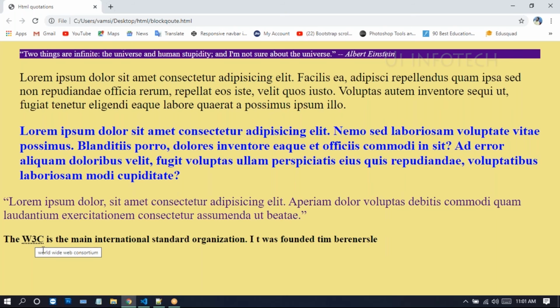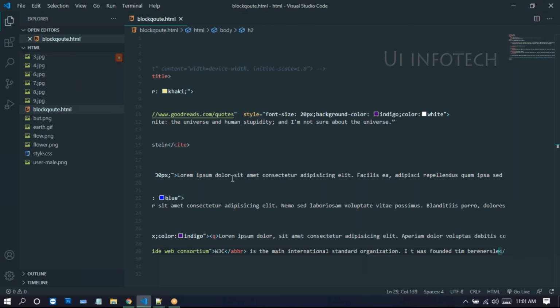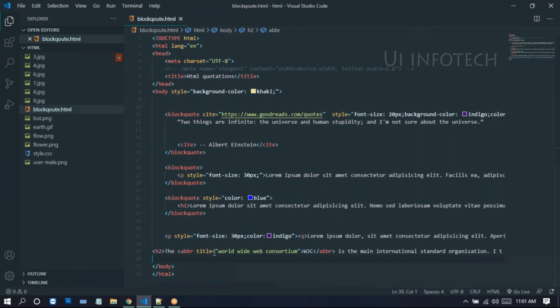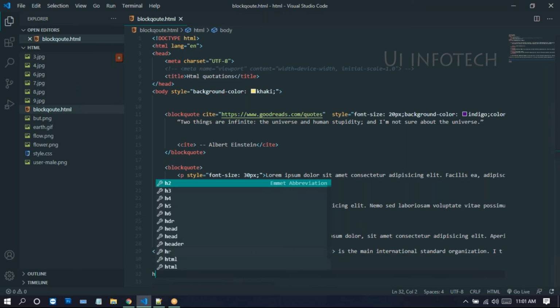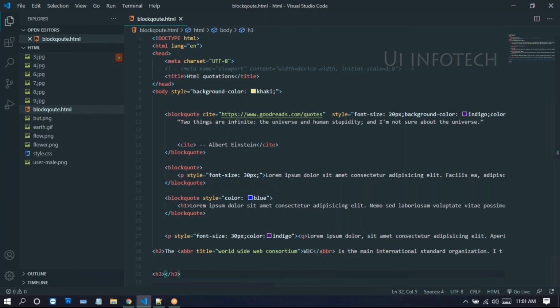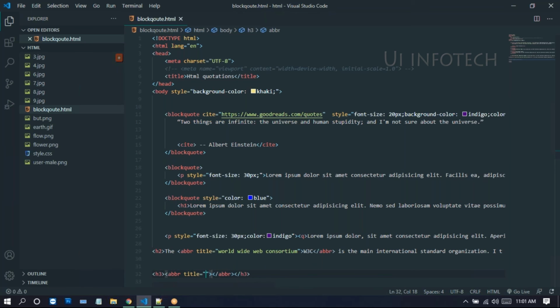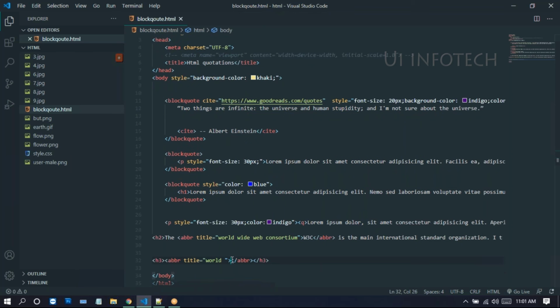For the abbreviation we can give the title attribute itself. We can use this title for the full form of this abbreviation. So like this we can apply the abbreviation tag. Not only this one, we can take WHO also. So here I'm taking the abbreviation tag, and I'm writing WHO.